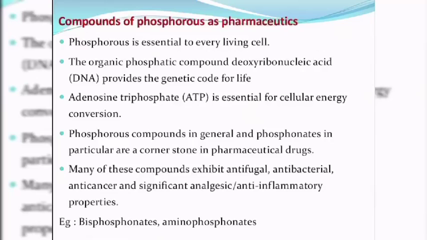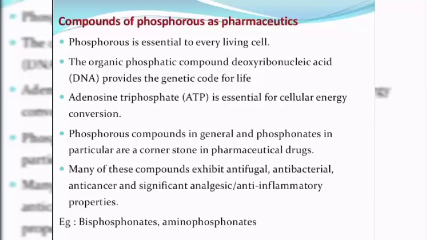Next is compounds of phosphorus as pharmaceutics. Phosphorus is essential to every living cell. The organic phosphatic compound deoxyribonucleic acid, what we call DNA, provides the genetic code for life, and adenosine triphosphate, ATP, is essential for